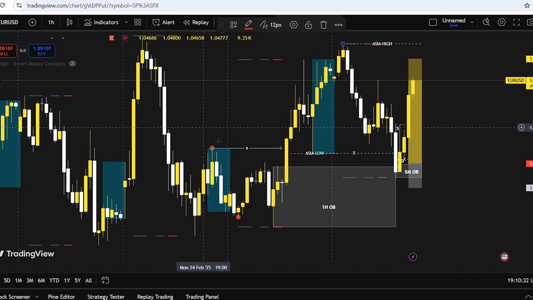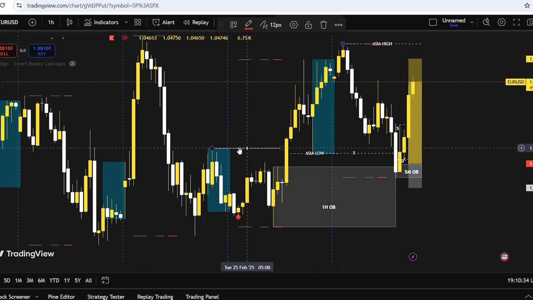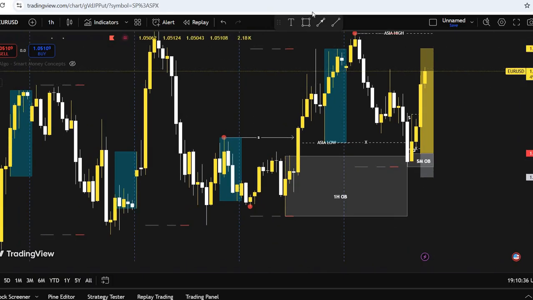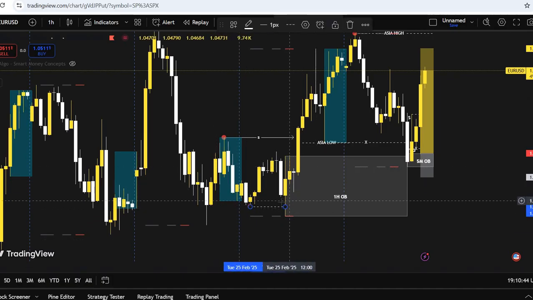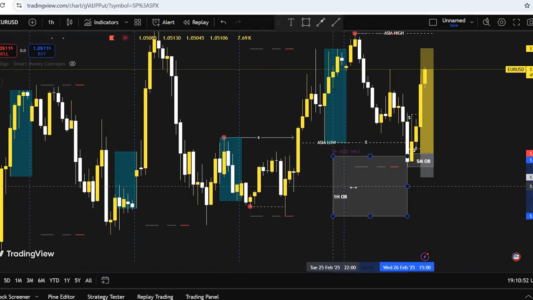What did it do? We broke this structure. So this is a breakout structure right here. And we did something important: we swept this liquidity with this wick right here. So you can see this wick swept all these lows and then it went up. On its way up, what did it do? It left us this large